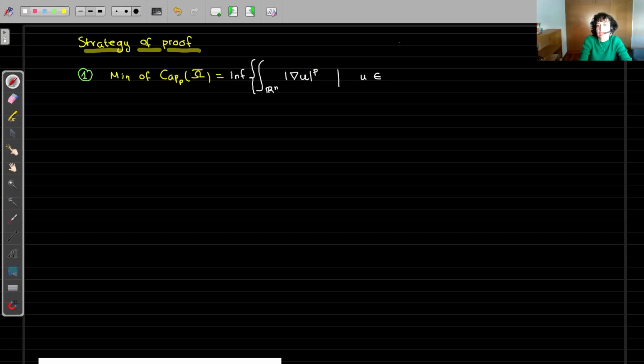The first thing you will need here is that the gradient of u is in LP, otherwise your integral won't be defined. And actually, we are going to work with the closure of smooth functions with compact support under the LP norm for the gradient, the so-called homogeneous Sobolev space, W1P of Rn,